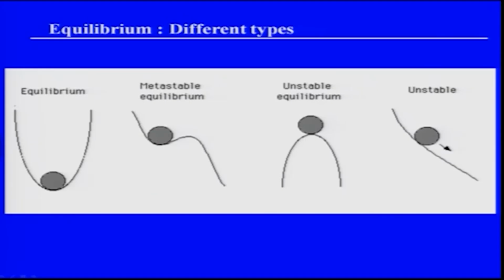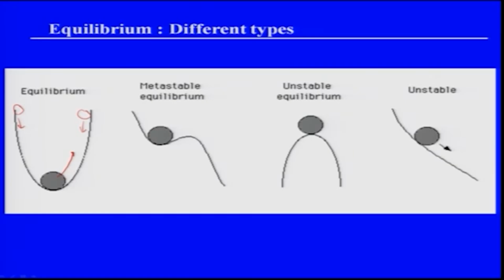Okay, so if I keep a ball here and drop it, it will simply fall and settle there, and it will not come out, because this is a very deep energy well, and it has gone there. Similarly, if I keep a ball and set it, it will fall back to the same position. Whatever I do, even if I take this ball from this position and put it here, it will again fall back. So that means the system is at the global equilibrium. That means the system is having the lowest or minimum energy.